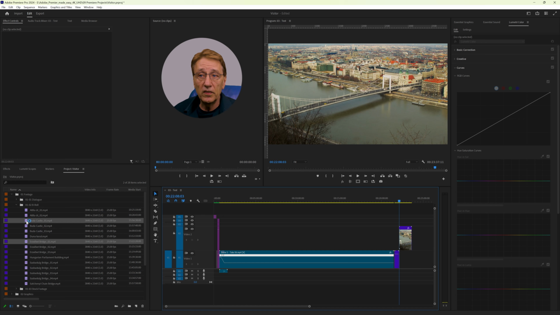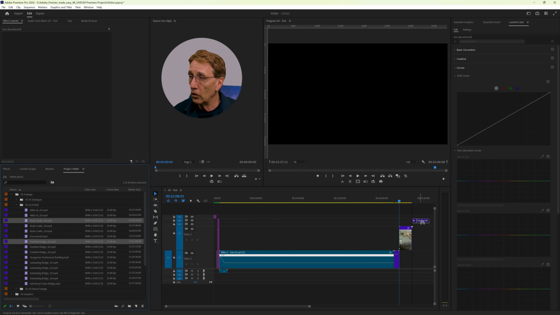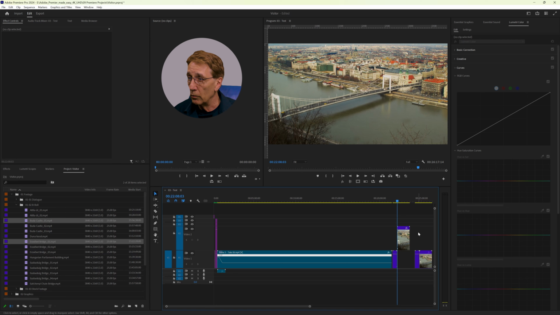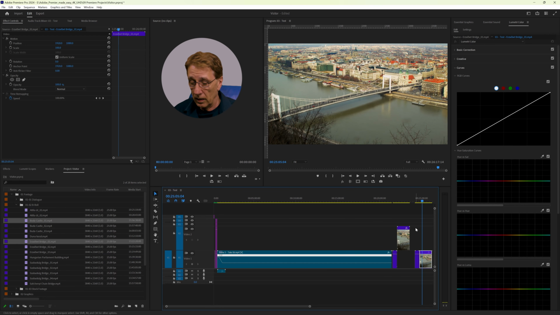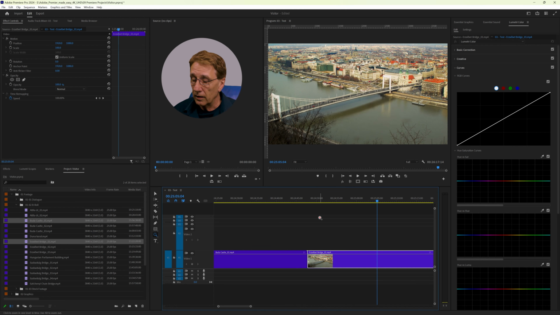And this time we use the cross dissolve from the effect control. So I pull the same clips here one more time. I zoom in to that cut point. And what I have to do now is I cut off on each side 6 frames.